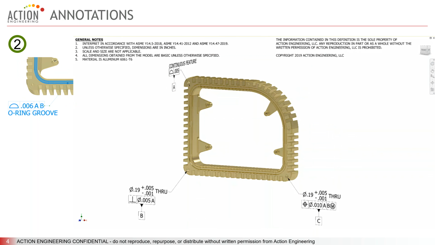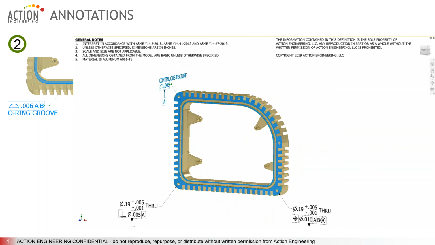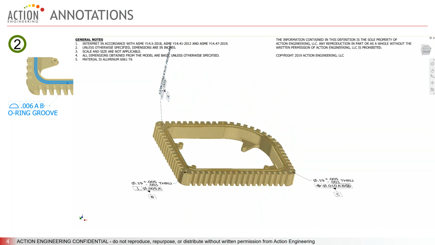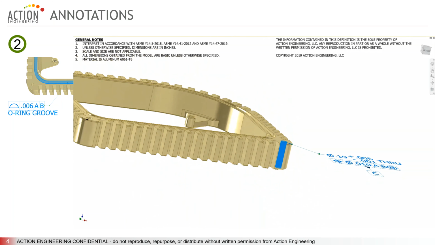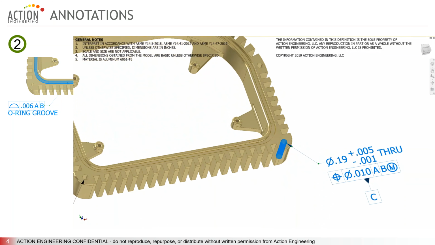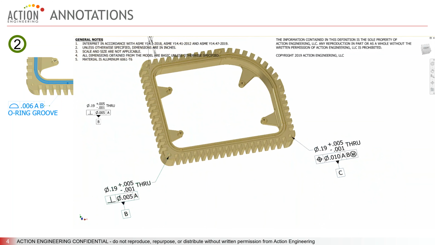Once the shape is set, the next step and second part of MBD is to apply product and manufacturing information, or PMI. At Action Engineering, we like the American Society of Mechanical Engineering ASME definition of annotations and attributes that capture the PMI. These are the 3D tolerances, notes, and symbols that are digitally attached to the features in the